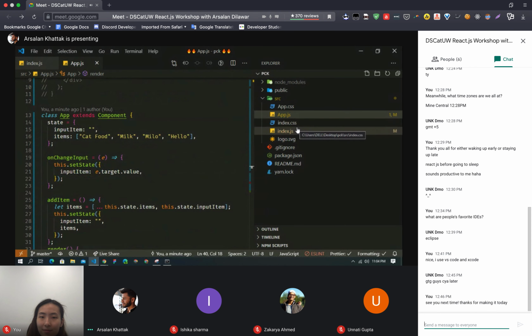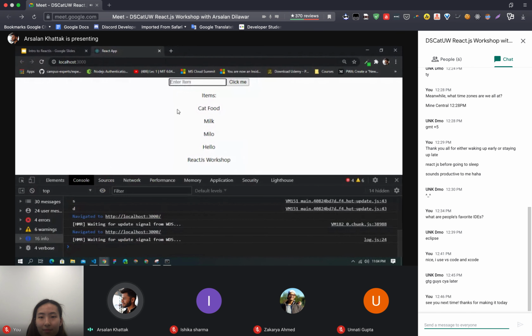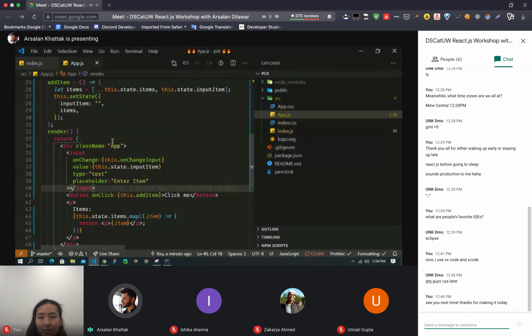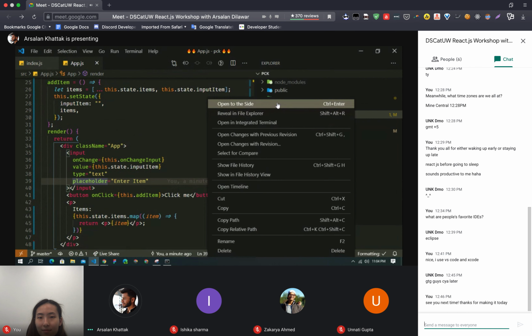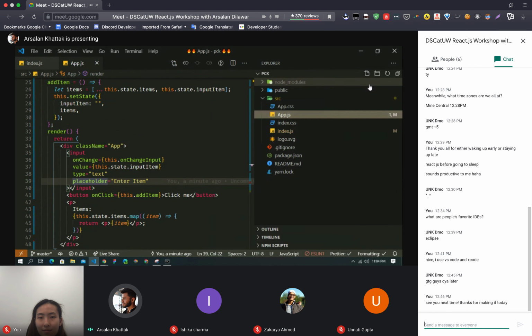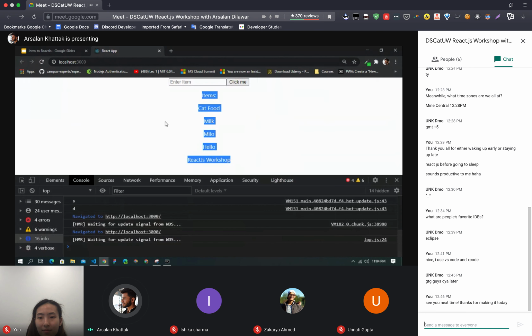Imagine this is a complex component, and this file gets very complex, with 1,000 lines of code, and we want to refactor it. So let's create a new file here with the name items.js. This items.js will contain just this code for these items.